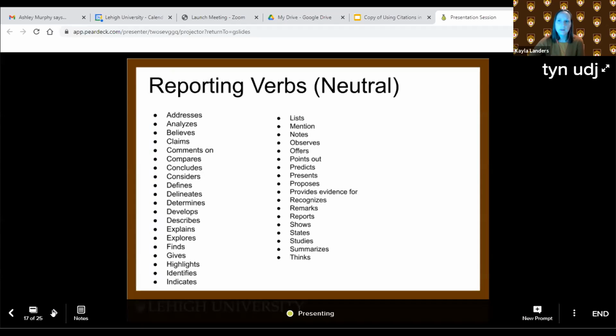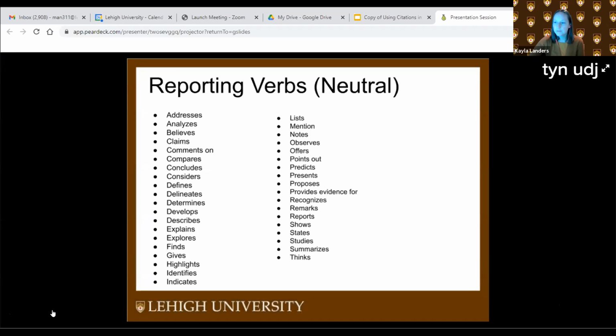So reporting verbs have some different types of information and meaning behind them. And so it's important to vary your reporting verbs. You don't want to just say Swales and Feak state, and then for the next one say state. So vary which one you're using. Use a list like this as a resource. Even a quick Google search of reporting verbs will help you say, okay, what is it that they are doing in this particular quote? This particular list we feel is pretty neutral, but if we continue to the next one, we'll talk about